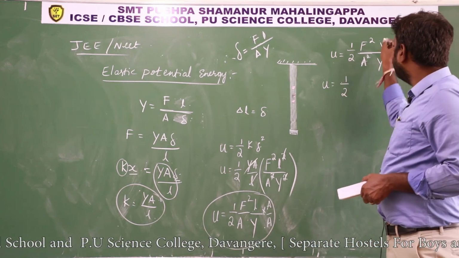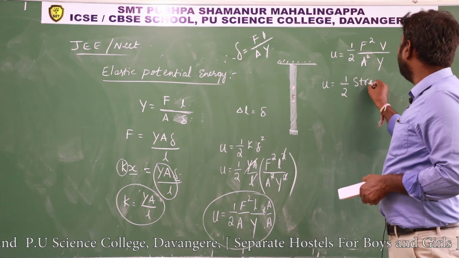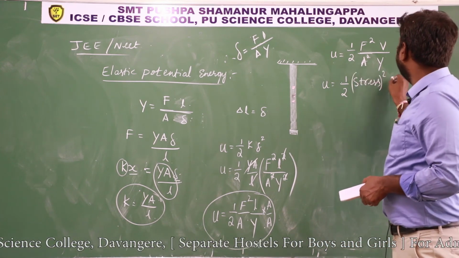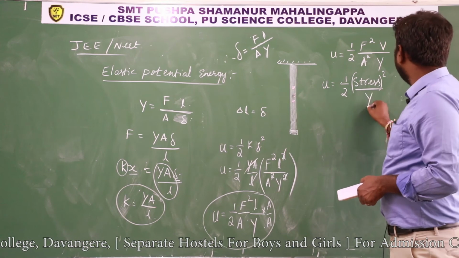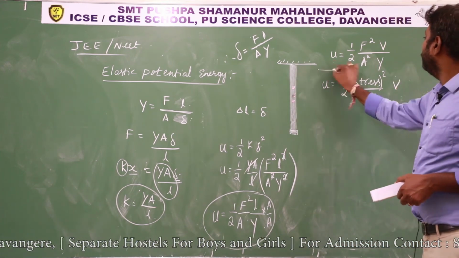Then U equals F square by A square means directly you can write stress square by Y into V. This is one more format